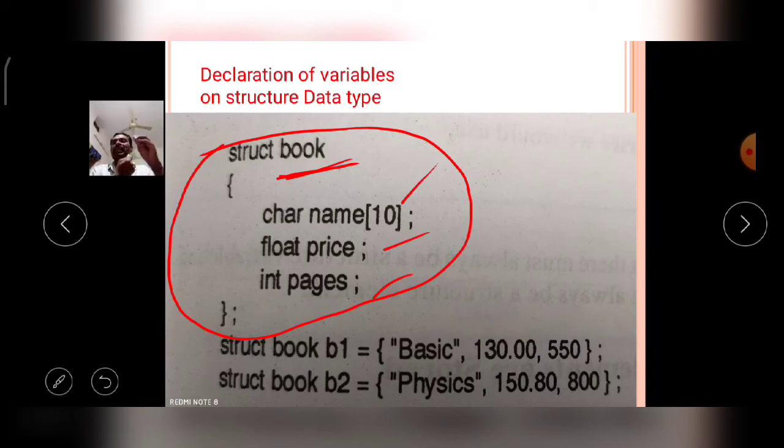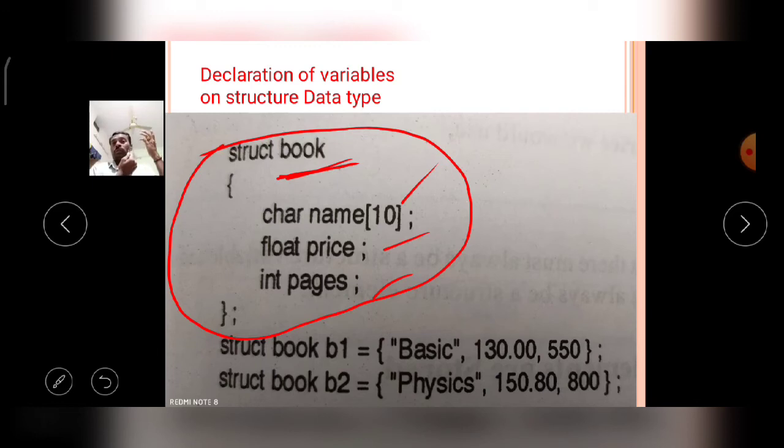Generally he wants to read the name of the book, the price of the book, and the number of pages of the book. So now I constructed a struct book data type.